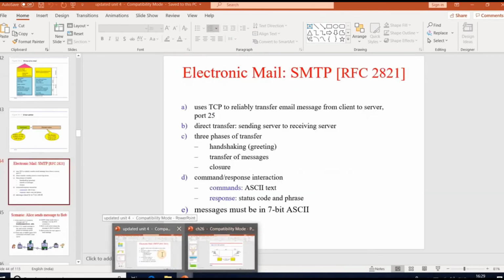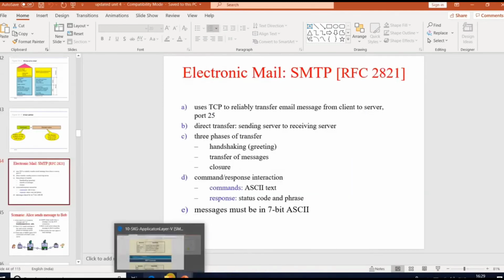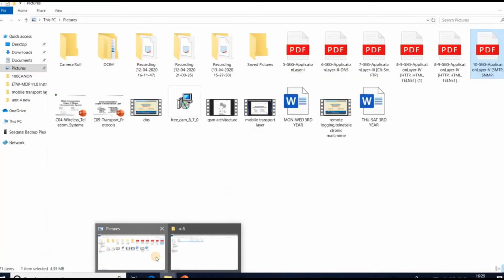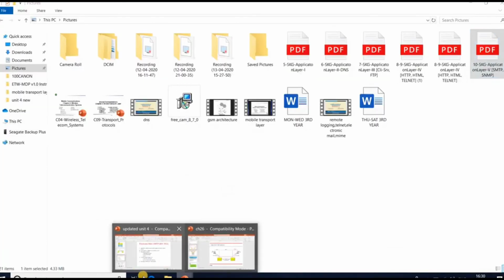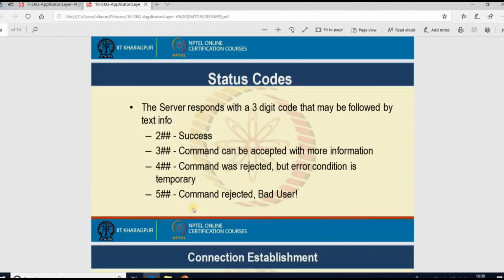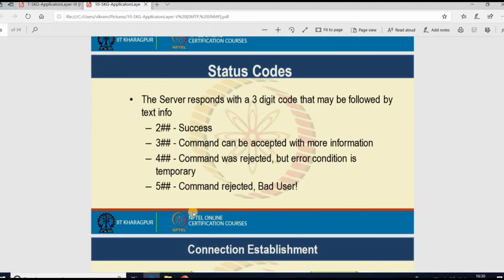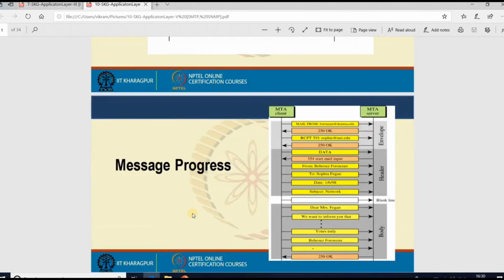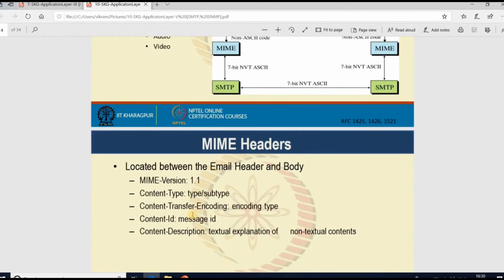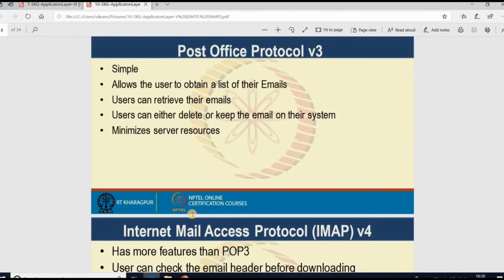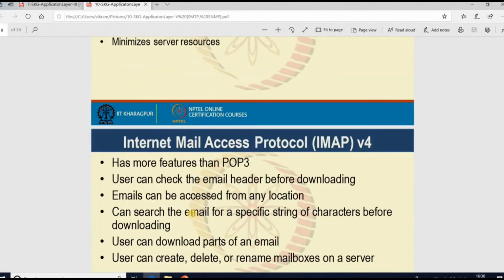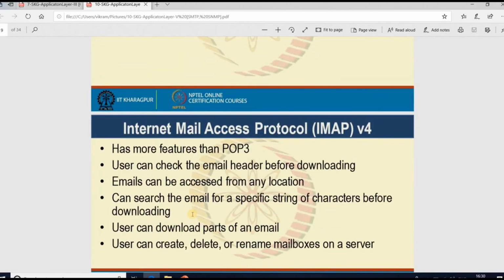Coming to IMAP4. These are status codes we discussed already. IMAP4, Internet Mail Access Protocol version 4, has more features than POP3.